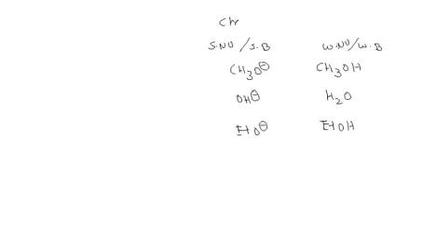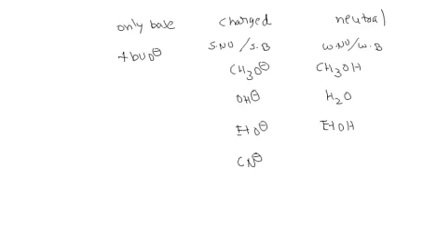So these are charged and these are neutral. Here we can write CN minus also. That is also a strong nucleophile or strong base. And next, which are acting only as a base? Just now we have written tertiary butoxide, which acts only as a base because it is a bulky base. And next, hydride also acts only as a base, it doesn't attach to any carbon. And next, this also acts only as a base.